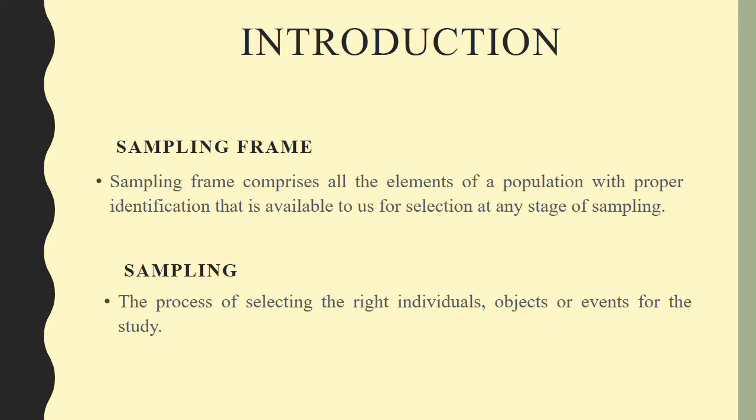We use sampling and population in our day-to-day life also. For example, if you go to a bookshop to buy a magazine, before you decide to buy it, you may flip through the pages. You want to know what exactly the contents of the magazine are. You don't randomly pick up any book, no, it doesn't happen. You turn the pages, you look into it, and ask whether this content attracts you, whether the contents of the magazine are of interest to you or not.